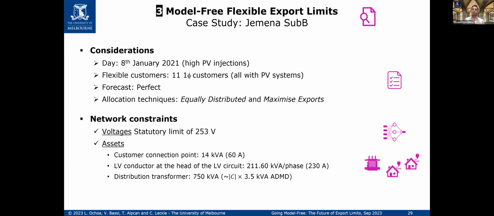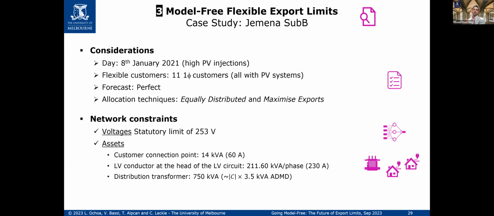This means that we're going to have lower overall exports from the entire low voltage network, as we are going to be constrained by those customers that are more sensitive to voltage rises, which in general are the customers that are located far from the distribution transformer. The second allocation technique is the one that we call maximized exports, which other researchers have called optimal allocation. The idea here is that we are going to try to maximize the overall export